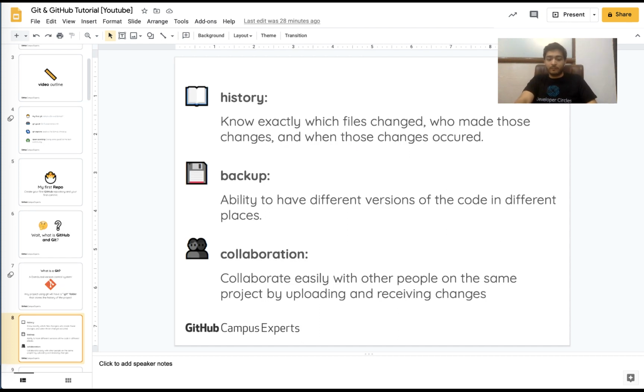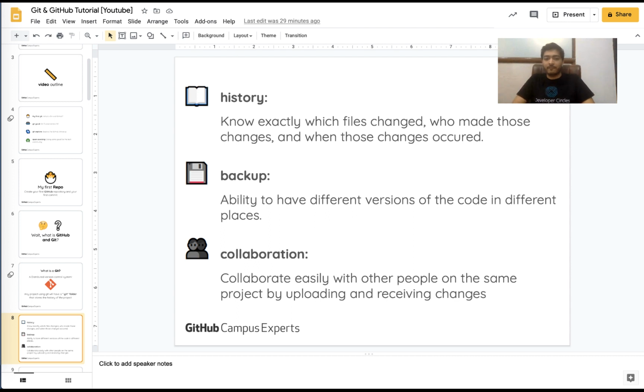So let's see a few of the features that Git has. The first one is the history. Let's assume you start a project and there are multiple people working on that. Let's just assume it's a semester or term project, or it's an actual product that you're developing. In either case, there would most likely be multiple people working on that. So they would work on different modules, and whatever changes they make in any of the files, they would be tracked by Git. You can see the history, you can see who changed what and when they did that. And if you want to revert that, you can do that as well.